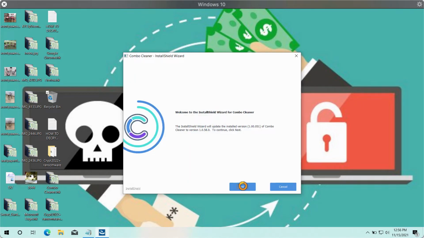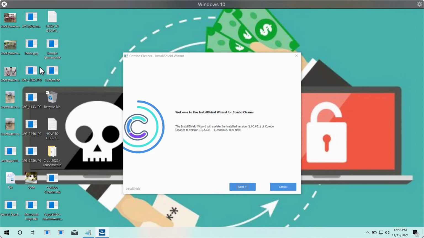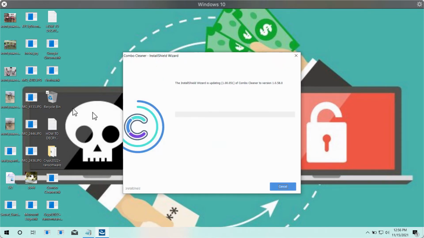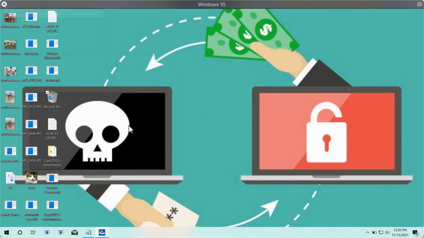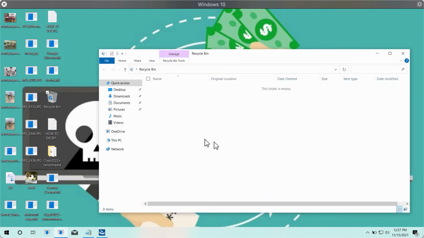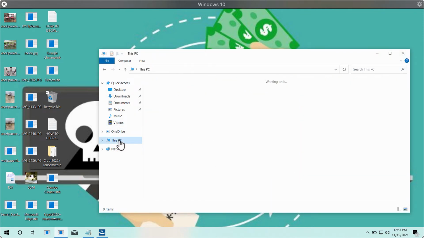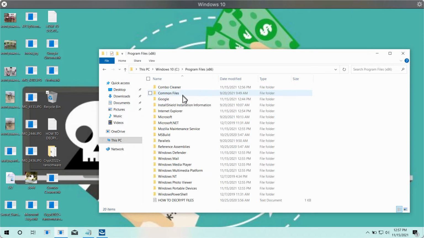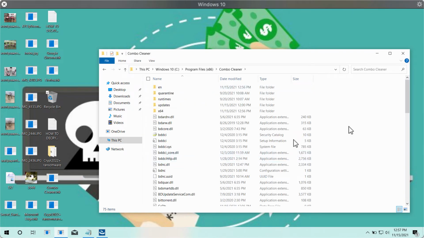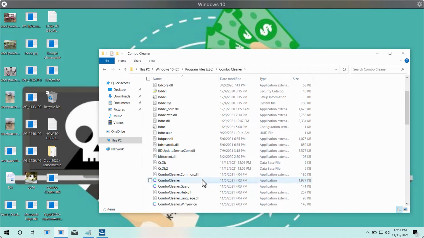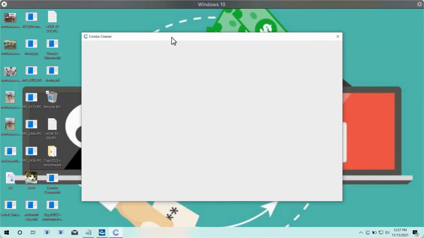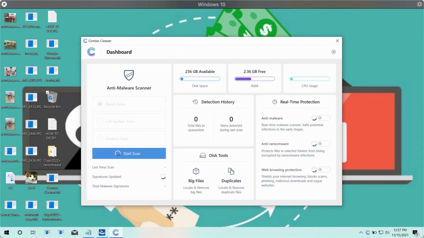the installation is finalized, if you don't see any direct desktop icon on your screen, you may also consider going to the C drive of your computer and go to the location of Combo Cleaner in the program files directory. So let's show you how to do it. Go to the C drive, select program files, select Combo Cleaner folder, and then you may start Combo Cleaner directly through this area, and it will help you to detect and delete this ransomware and to protect your data in